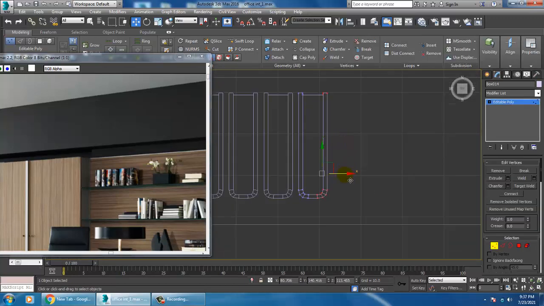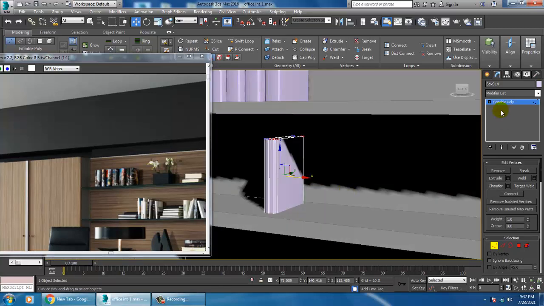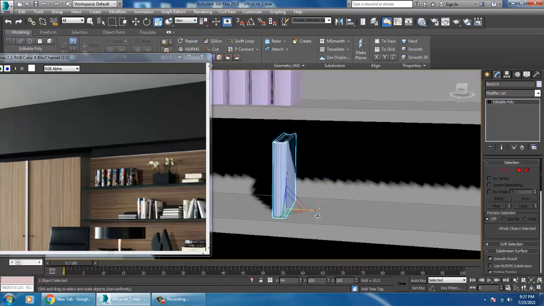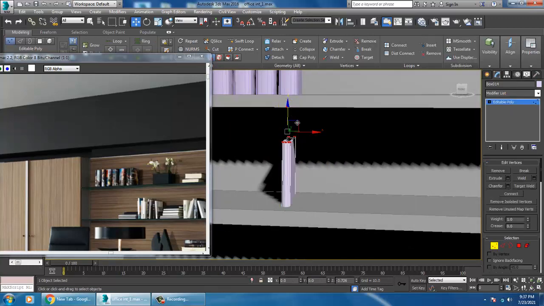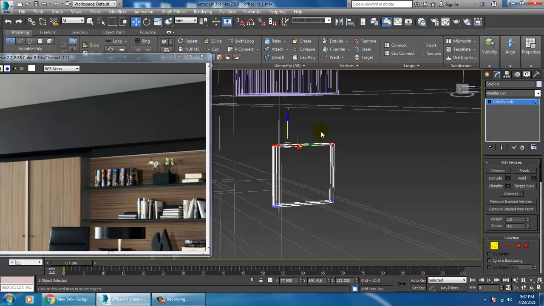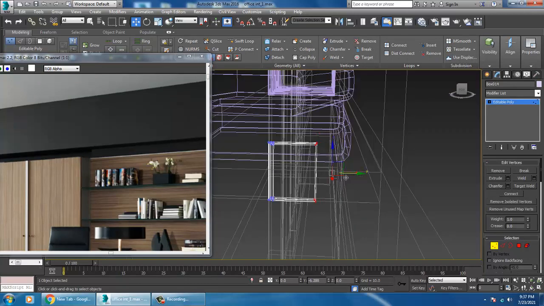Go into the vertices, and you can slightly resize that, shuffle this down in this way.